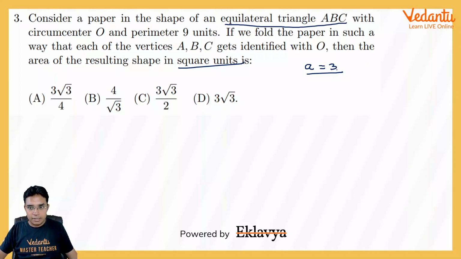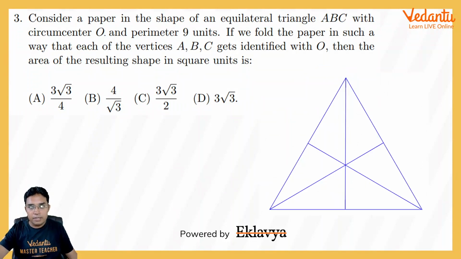That means all three sides are equal, and also the circumcenter can be the centroid also, can be the orthocenter also, can be the incenter also, depending upon our requirement. Now, this is how the diagram could be. Here I have drawn this triangle ABC and all these are medians. I would rather call this circumcenter the centroid because they are the same for an equilateral triangle. So if it is the centroid, the ratio here would be 2 to 1.